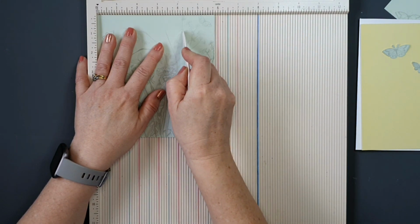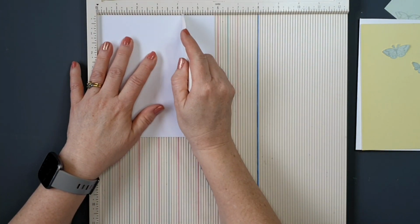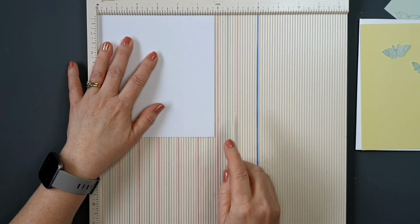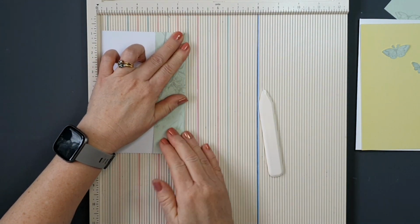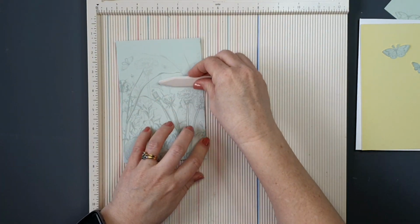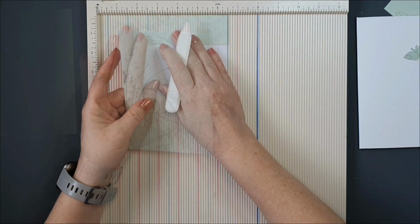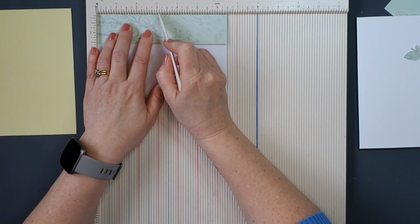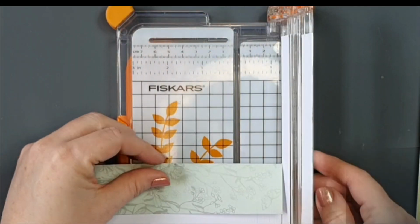the underneath side. But if you have a piece of double-sided pattern paper, you can just cut that down to 4 1/4. There you go. So I'm just going to glue that down now, and then I'll be able to pop that onto my cream background matte layer. Okay, so with this side to my scoreboard, I want to put a little notch at 3